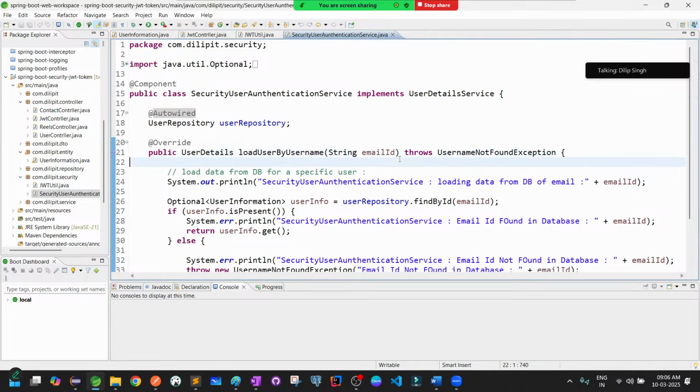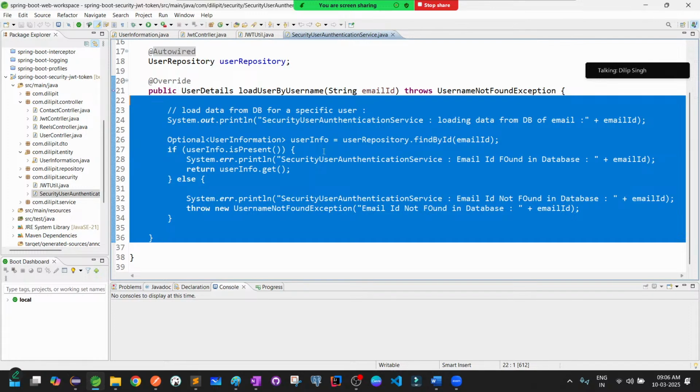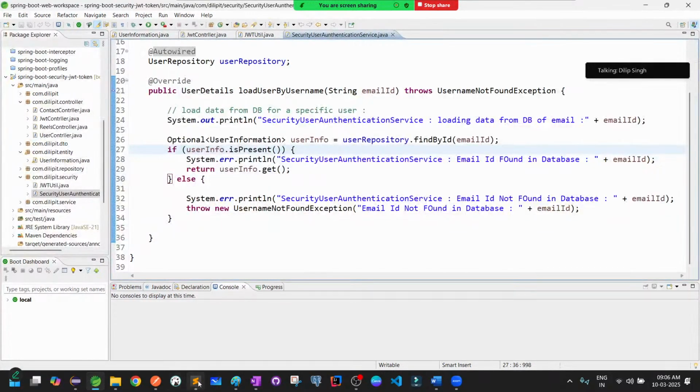Whenever the security layer internally works, it will always pass the requested user ID to this method. Then whenever it is passed, it will make a call to the DB and load the data from the database, to check whether the user exists or not in the database. So this call will be made by the security layer internally. These two things we did in the last session especially, and today, as a continuation to that,